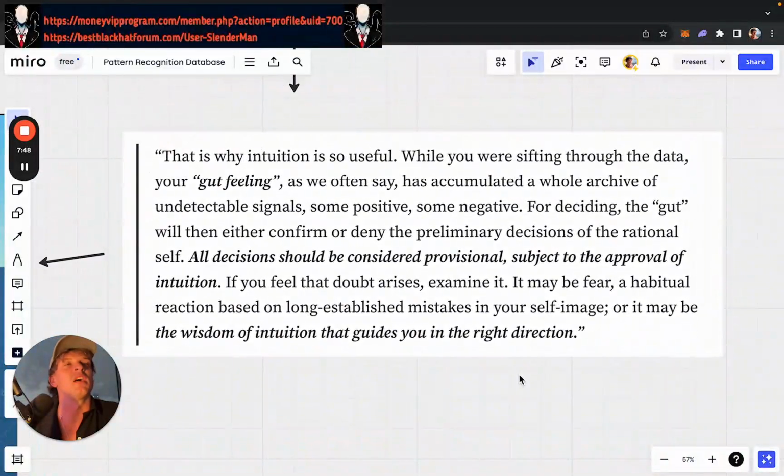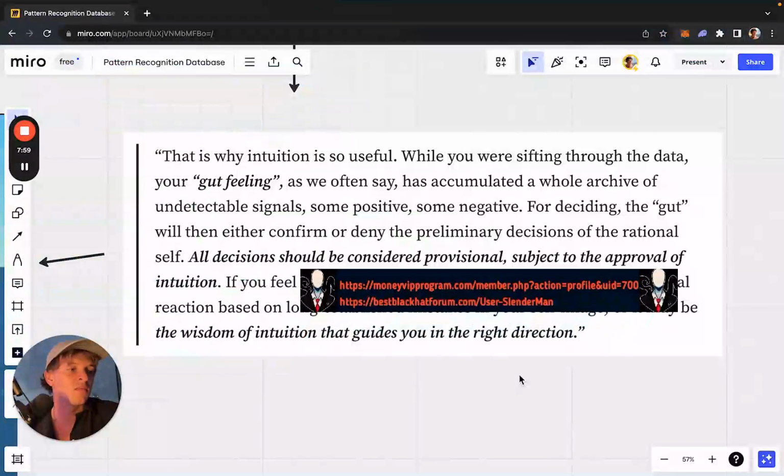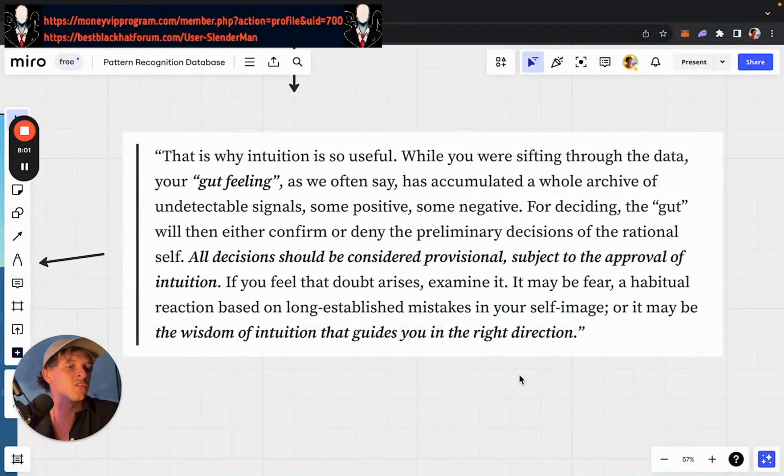Now, I want to give you a little bit of a quote here on intuition, which I think is from a book called The 30-Second Mind, and it's a really interesting book. I haven't read it, but I read a little bit of a summary on it, and it's really interesting. It breaks down how you can basically make all the best decisions within 30 seconds. It aligns with a lot of what I've learned. So let's give this a read.